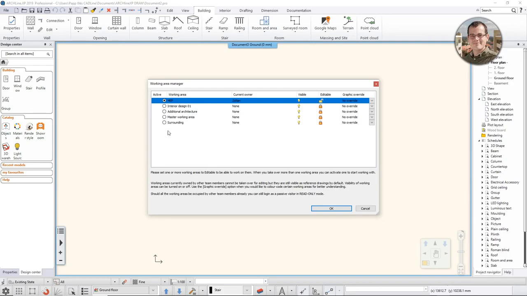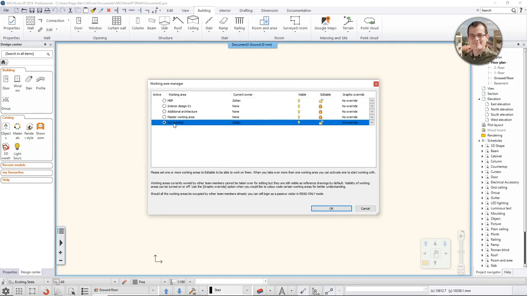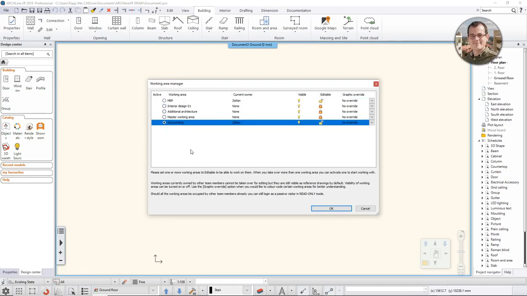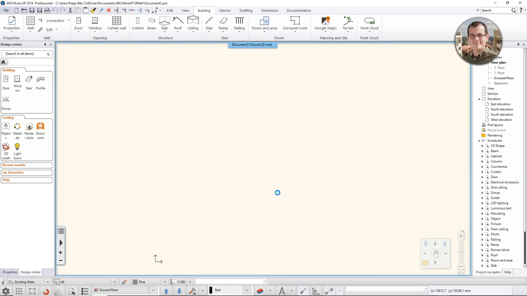And so, for example, something else like the surrounding, this is also something that he will use. It's also his property, and he's picking up the surrounding. And while I clicked here, it automatically made this working area editable, and also switched the active status here. So with this one, you can also activate any of the other working areas and make them editable as well. So now I'm not working on it. Zoltan picked up those two working areas, and now when he clicks OK, then the software loads the